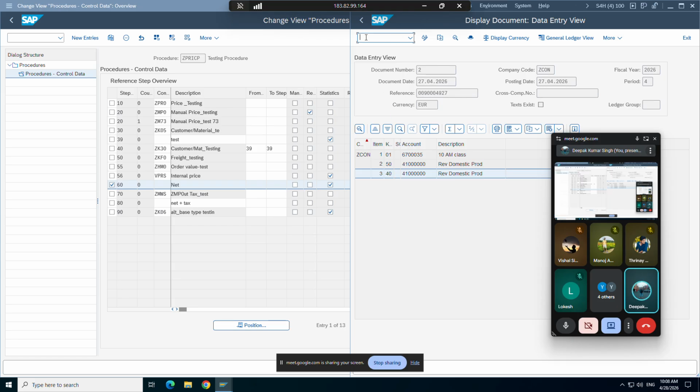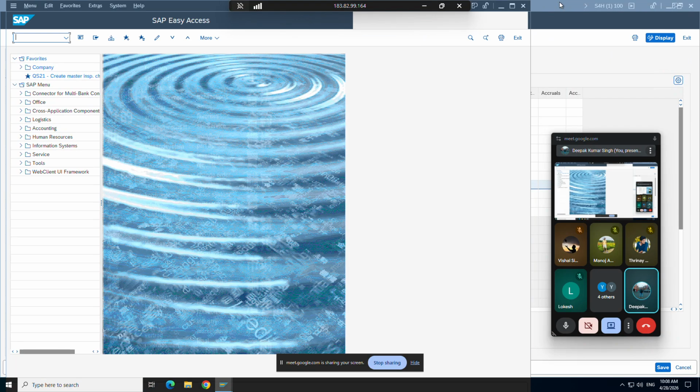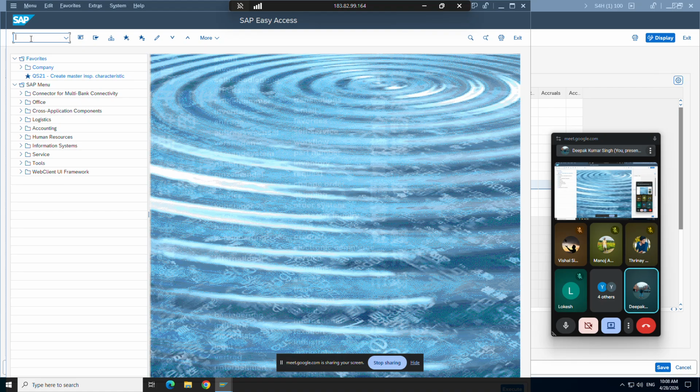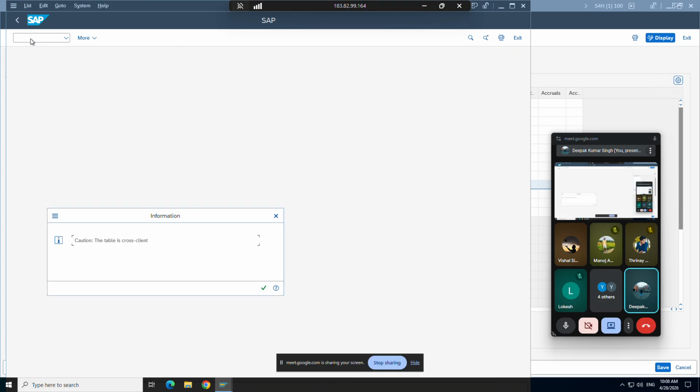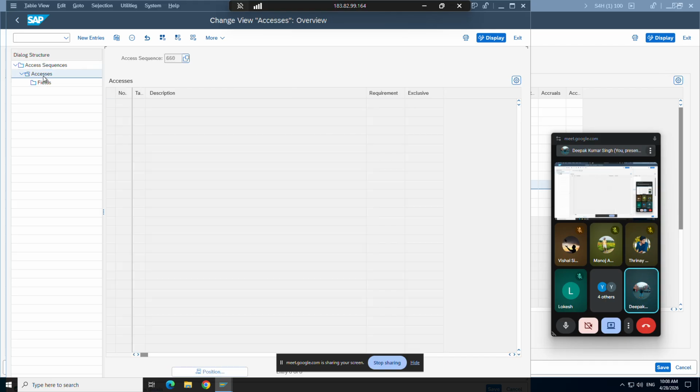Which T code? Tell me the T code. The checkbox was for exclusive, right? I'm talking about requirement. I told you there are two places where you can maintain the requirement routine actually. In the access sequence. Okay, let me show you. Let's take any access sequence, that's fine. You see,